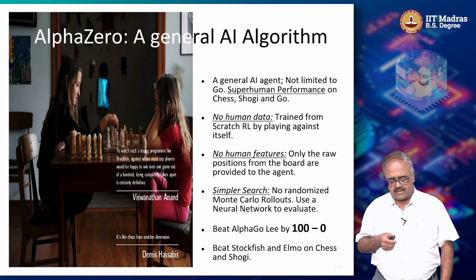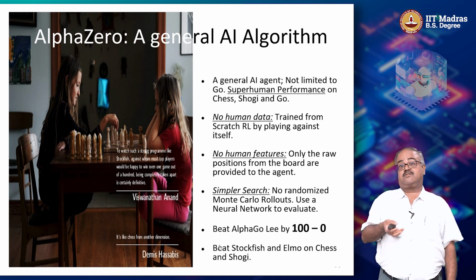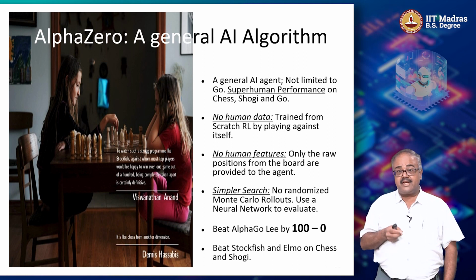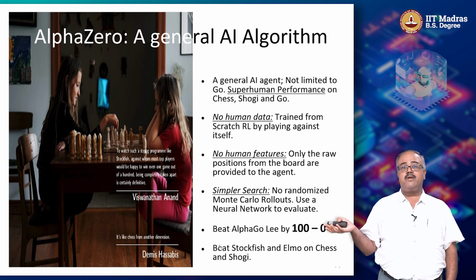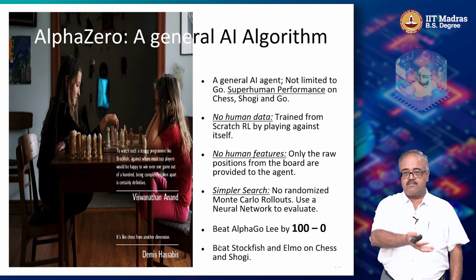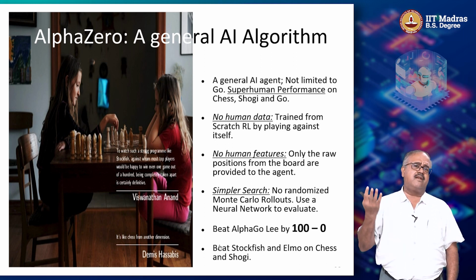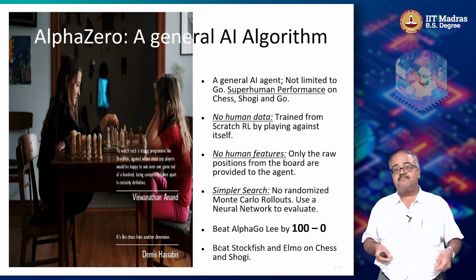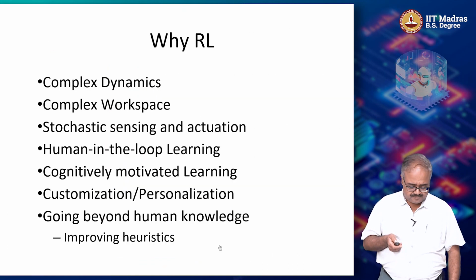And there have been further improvements to AlphaZero. There is another version called MuZero now, which can solve more problems, not just game playing, and so on and so forth. The idea here is that at this point we are completely learning through reinforcement learning. No human data, no human features, just looking at the board position and then trying to play. It's amazing stuff. We'll come back and look at how some of this gets done. We'll demystify all of this and look at the set of equations that are going to help you get there.